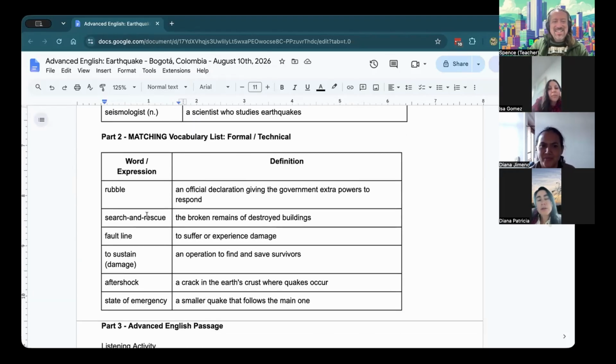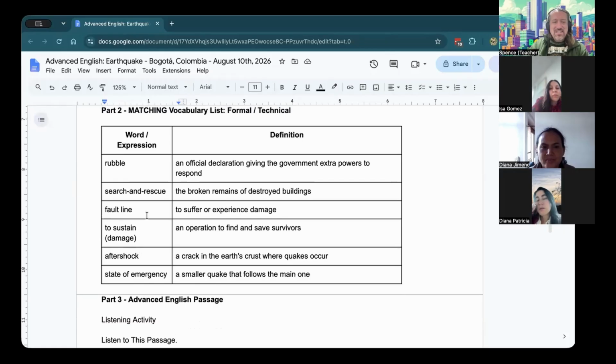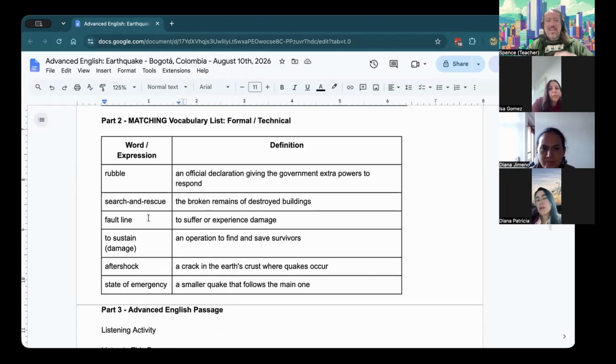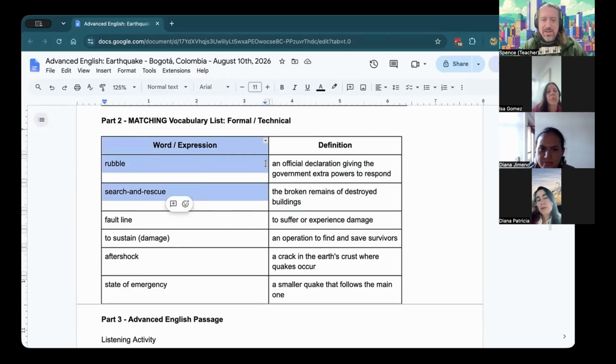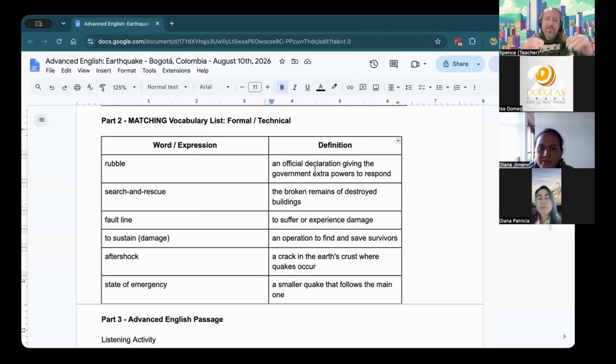Okay. Our next exercise is matching. So this is randomized, right? So we need to connect them. We have words on the left. We have definitions on the right. The easiest way to do this is from right to left. So that would be my recommendation. It's not required. So we will start with Diana Jimeno. If you could match one of the terms.